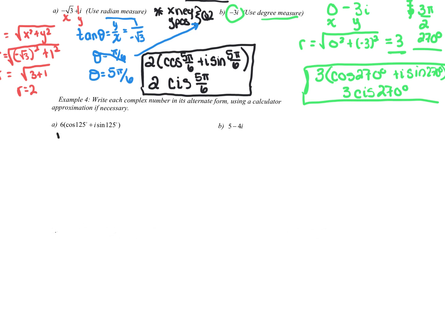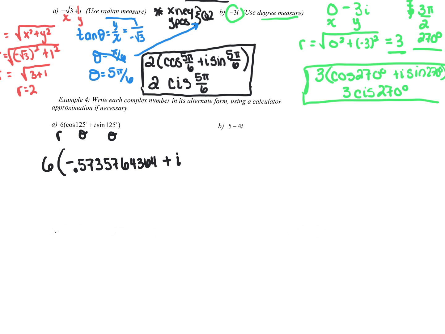Okay, so here's my r, and here's my theta. I need to type cosine of 125 and sine of 125 in a calculator. So I'm going to do 6 parentheses, and then I'm going to type in a calculator cosine of 125. Make sure you check your calculator that it's in degrees. And then when you do that, you should get negative 0.5735764